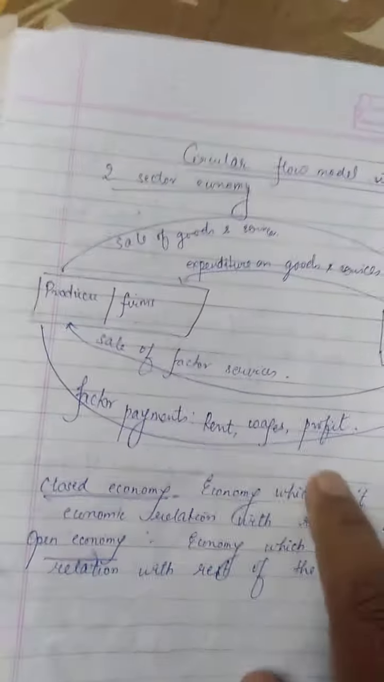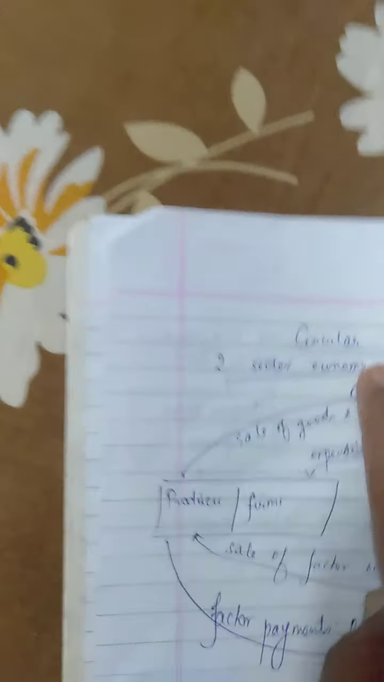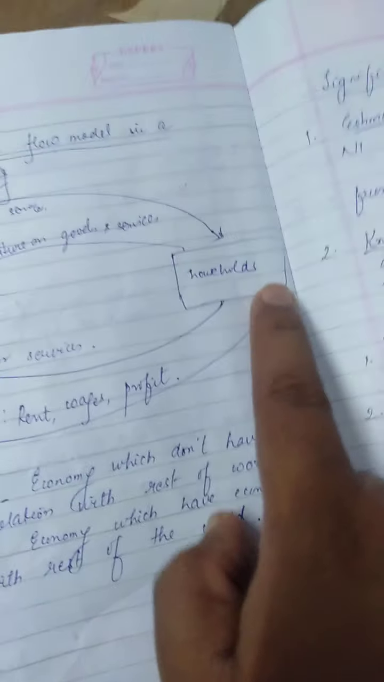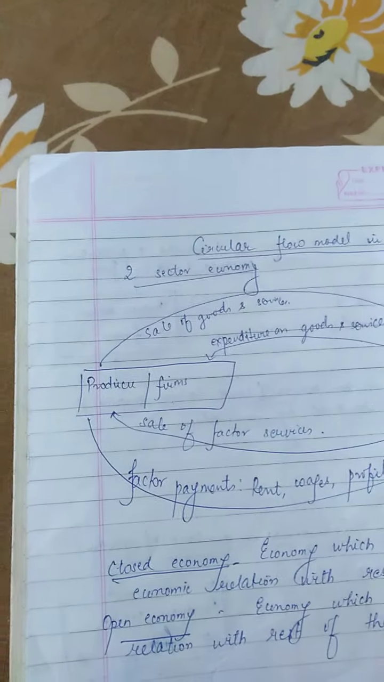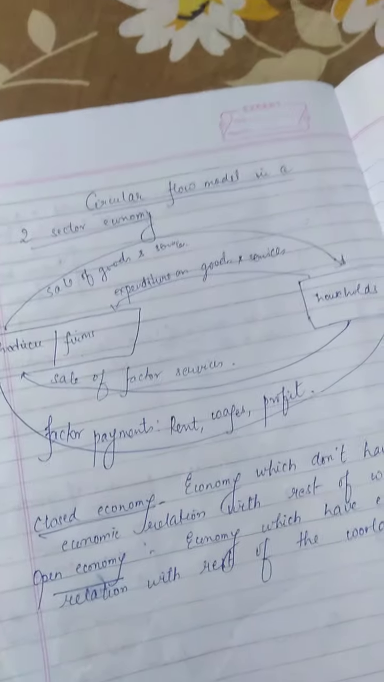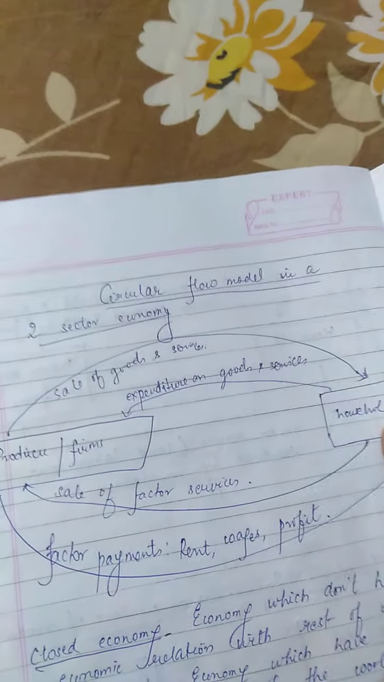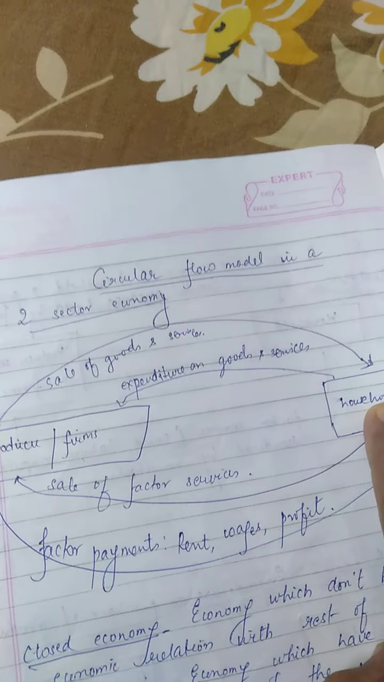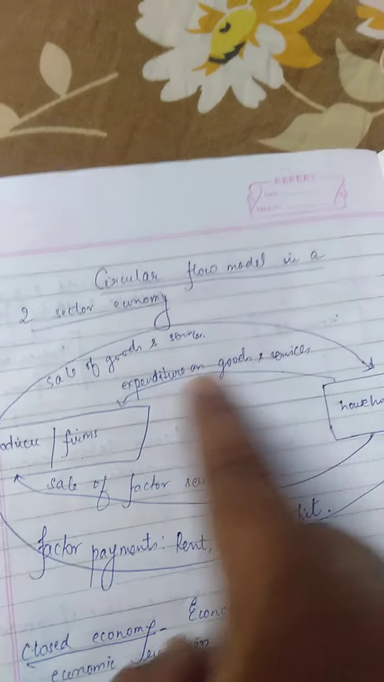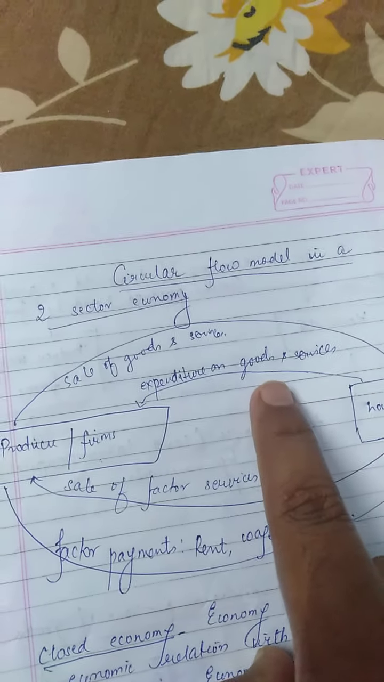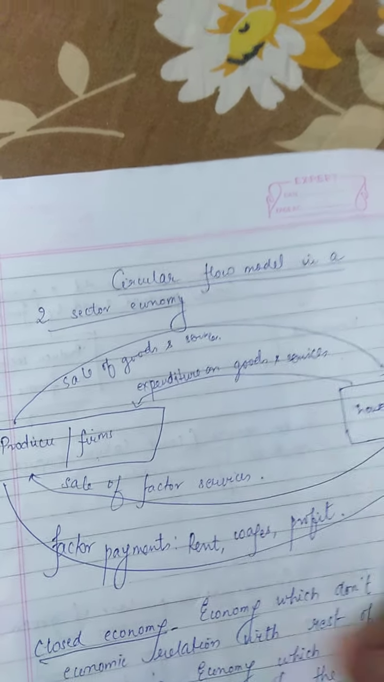Now over here, you can see the circular flow model in a two sector economy, as we talked about. The two sectors are the producer and the household. Initially there is sale of goods and services, which flows from the producer to the final consumer, and when the households receive these goods, they make payment for the goods, which is called expenditure on goods and services. Thirdly,